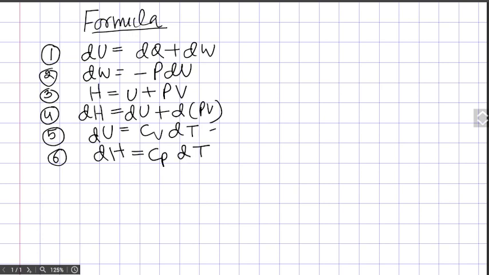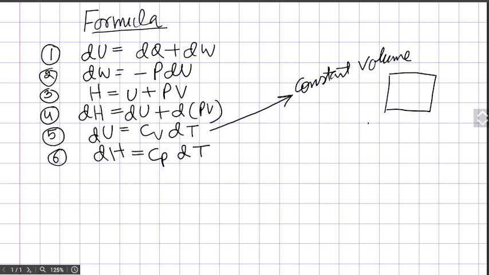Actually, here comes the point that this is actually for constant volume process. For example, like this, a cylinder with no moving parts, there is gas inside this, and if you are heating it, then the temperature will increase, but volume is constant, pressure will also increase. So there you will put this formula at constant volume,